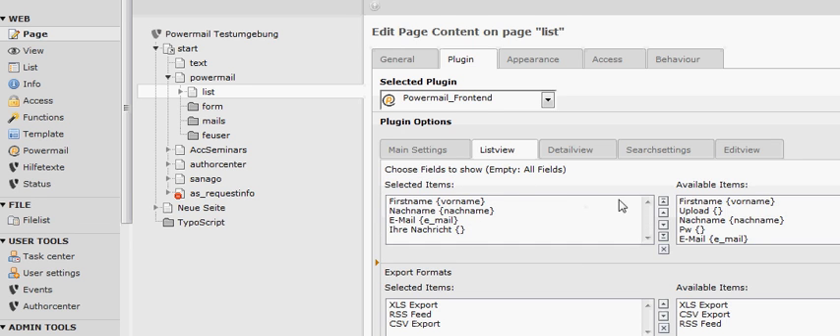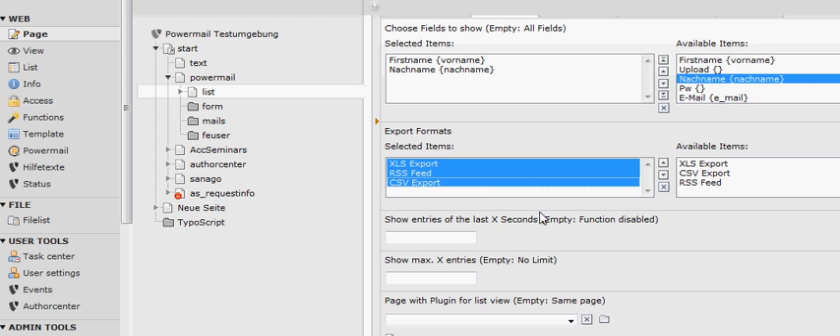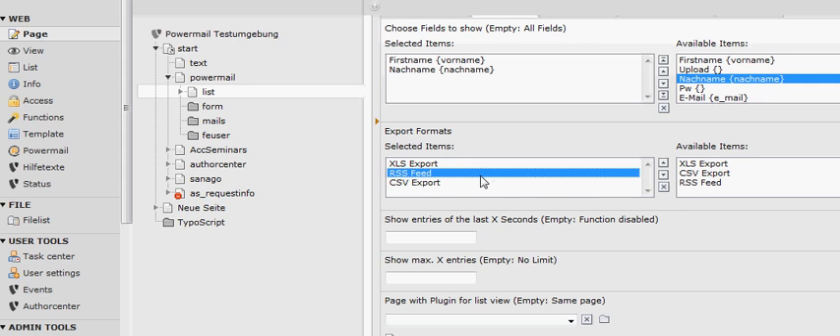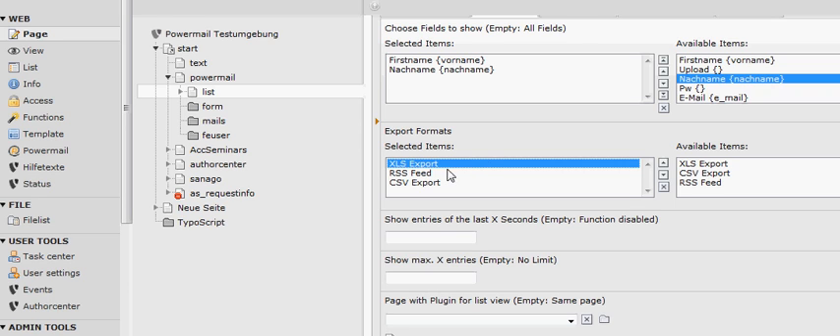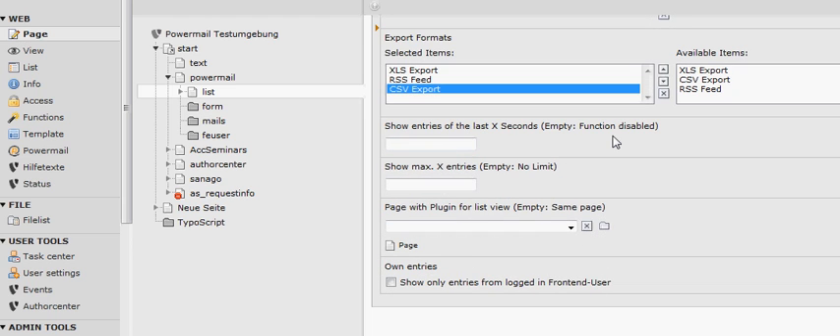The next tab is the list view, and in the list view you can select which fields you want to show. If you leave this empty, you will see all the fields in the frontend. But let's start with first name and last name, and in addition, maybe we want to have an export icon: an Excel export icon, an RSS feed icon, and a CSV export icon. And I can use this function if I want to say give me the entries of the last X seconds. This is interesting if you want to show only entries from a time period or so. This gives you the possibility to add a limit,